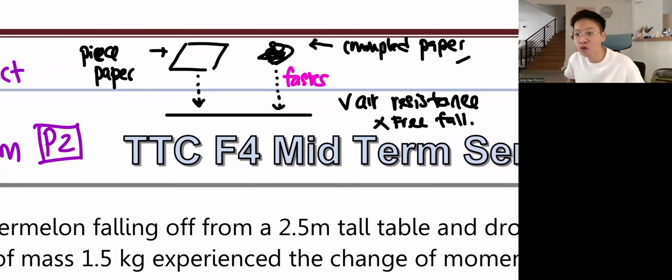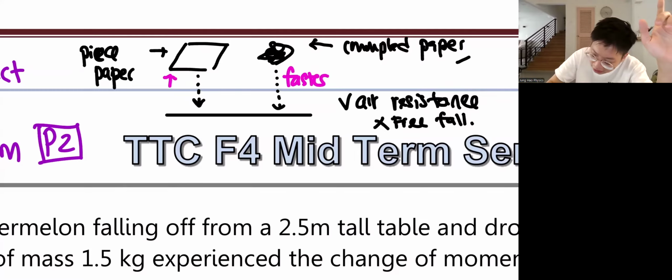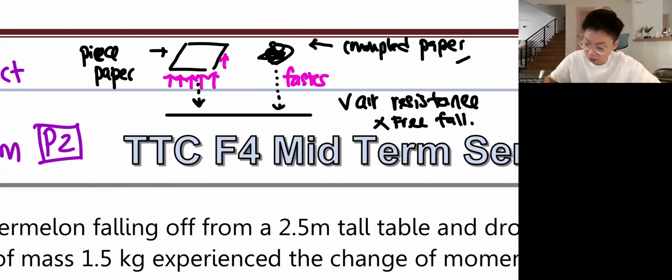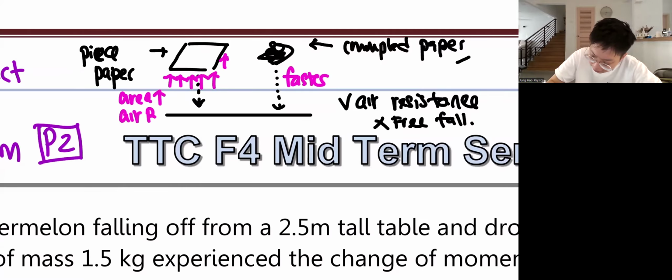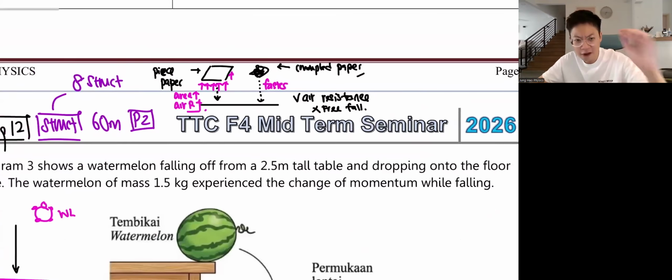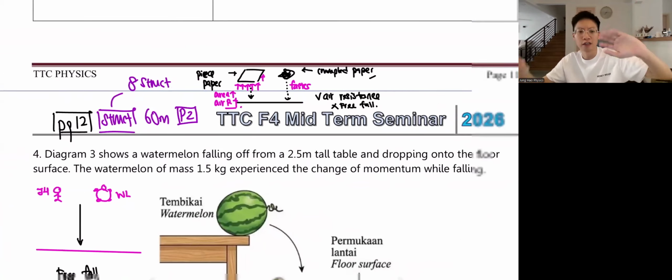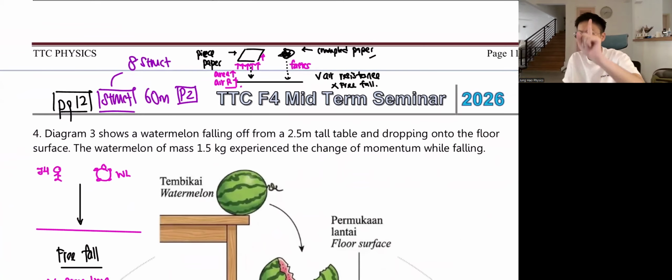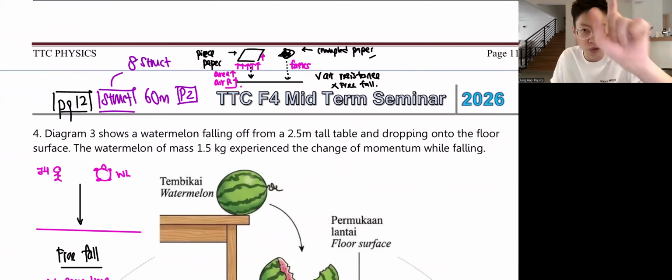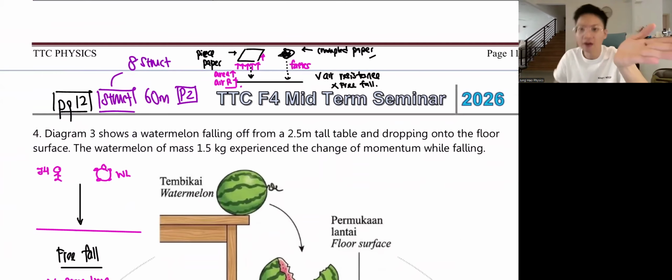If you compare air resistance, the flat piece of paper has a larger surface area, so you will block more air. Because your surface area increases, your air resistance increases. Very good. So remember, the first most important thing you need to learn is how to see whether it is free fall or not free fall. Later I test you again.